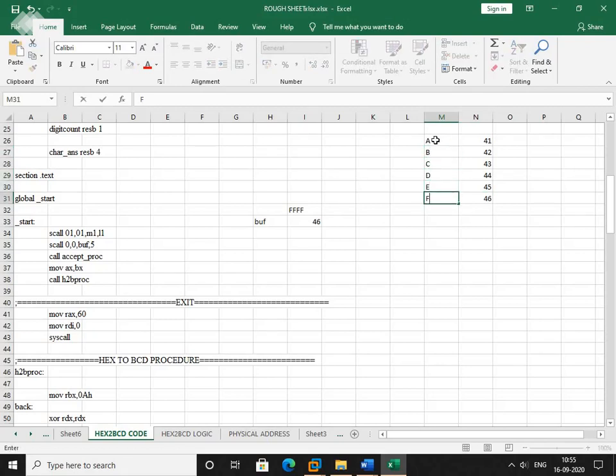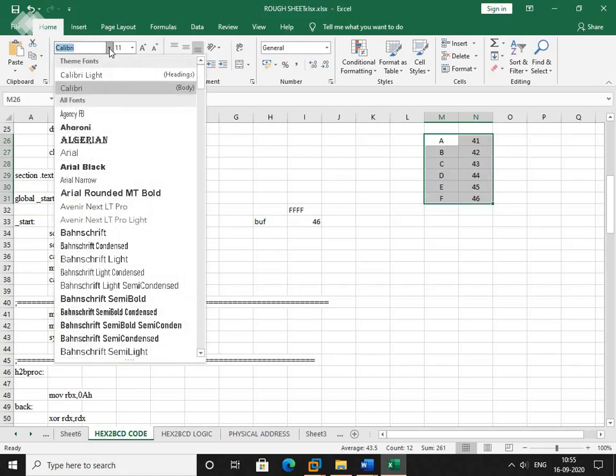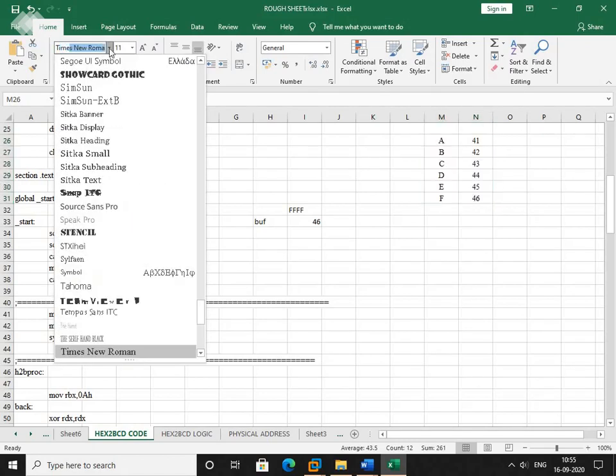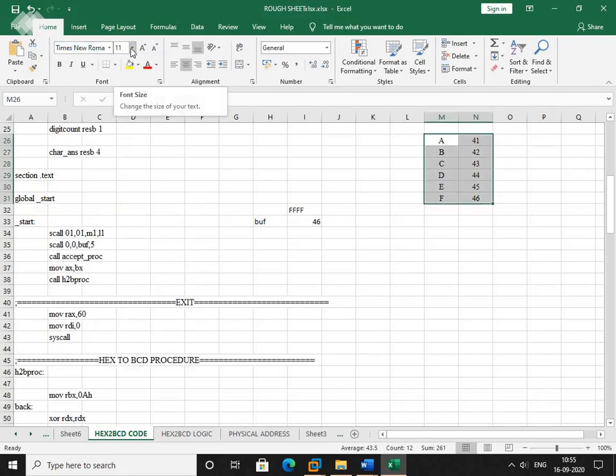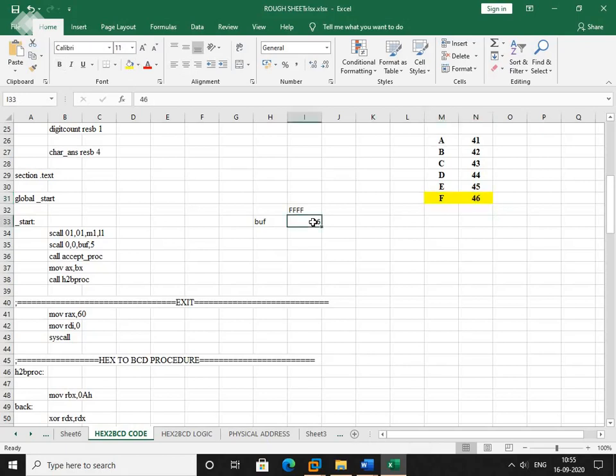So these are the ASCII hex values for capital A to F. So when I press the key capital F, then 46 will be stored into buff, right? So this will be 46, this will be 46, this will be 46, since we are accepting 4 F's.